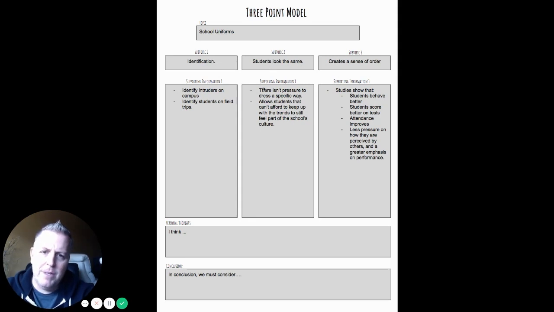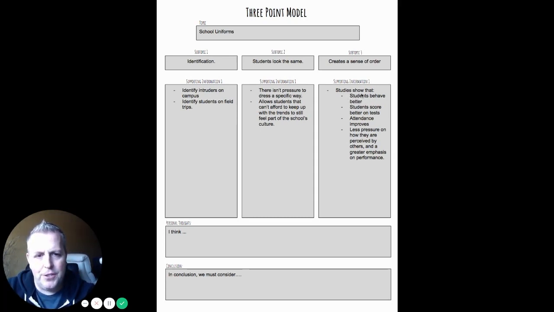Students look the same. There isn't pressure to dress a specific way. It allows students that can't afford to keep up with the trends to still feel part of the school's class culture. That's important. And the last one that I talked about would be creates a sense of order. Studies show, and this is where I give them the final punch, where there's some emphasis on this point, because